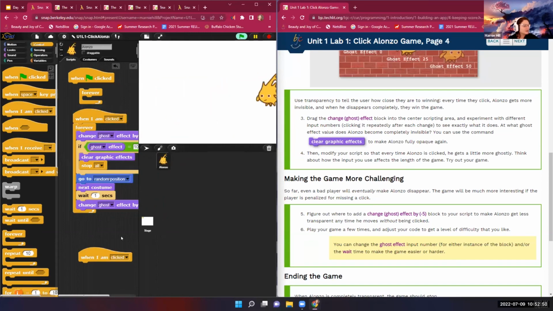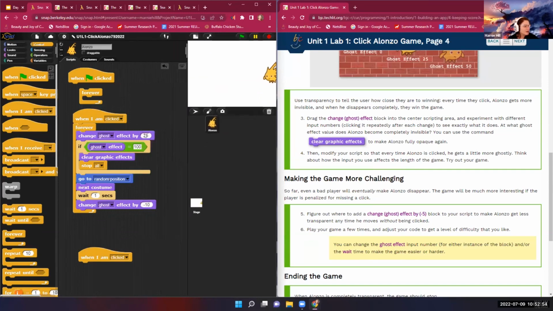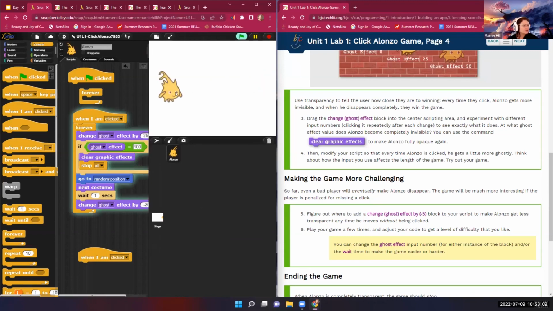Nope, he's still ghosting pretty quickly. All right, so I'll put this at -20. I want him to ghost a little, but I don't want him to ghost as much, just so we can see the effect. Okay, so if I keep clicking on him,